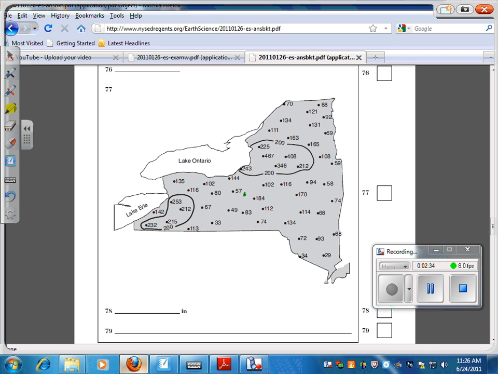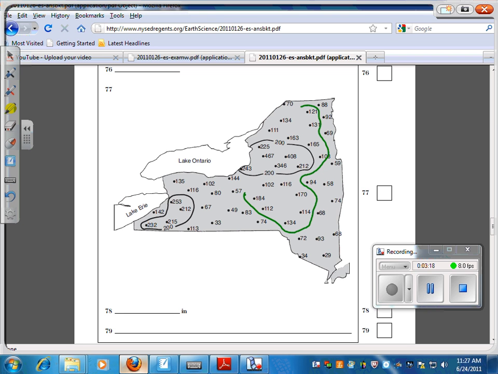100 is between 83 and 112. It's between 74 and 112. It's between 134 and 72, 93 and 114, 114 and 68, 170 and 74, 170 and 94, and it's between 94 and 212. 100 is also between 108 and 59, 169 and 69, 131 and 69, 131 and 92, 92 and 121, 121